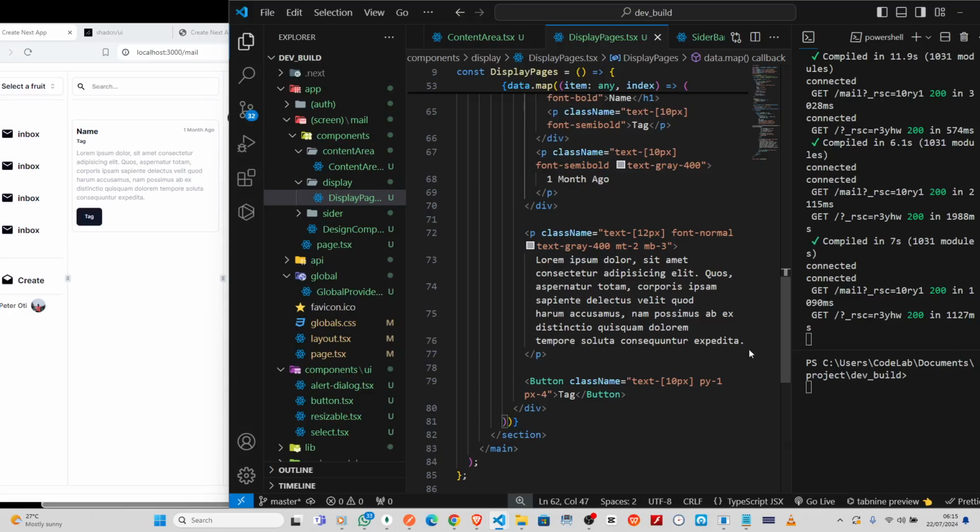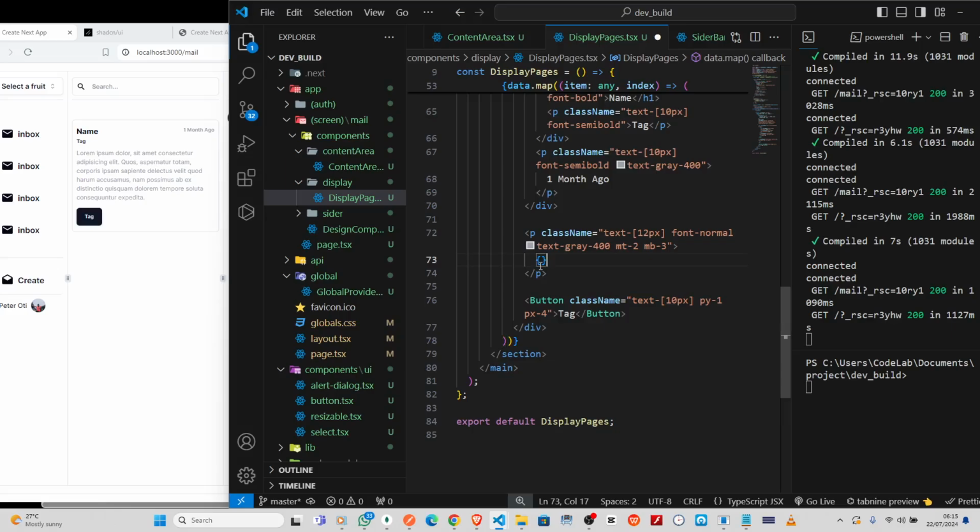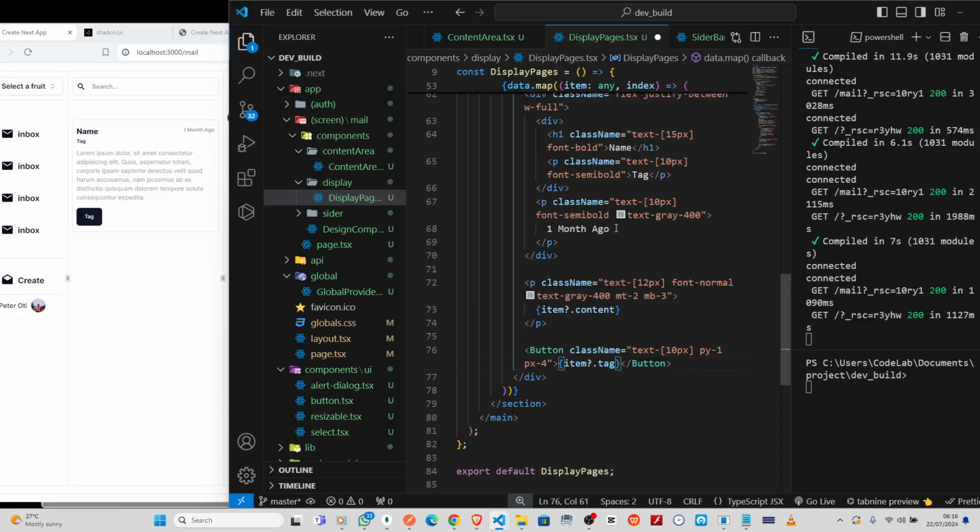So what I will just do now to just remove within the here, so that I will say items dot, I think, contents. Yes, I will say item dot tag, and so for here I will say